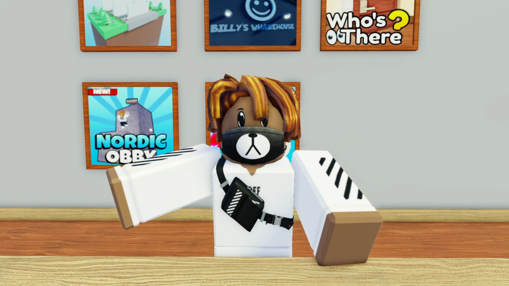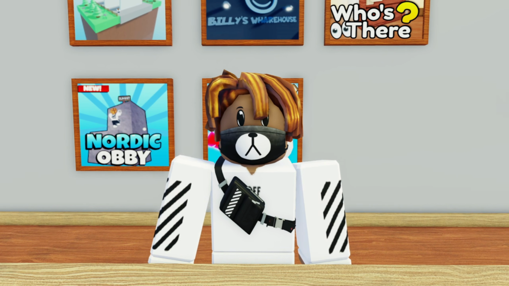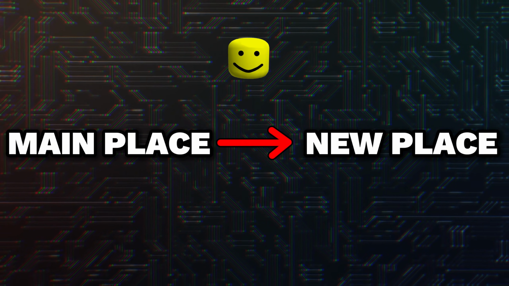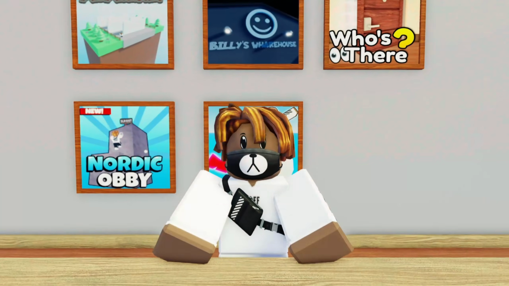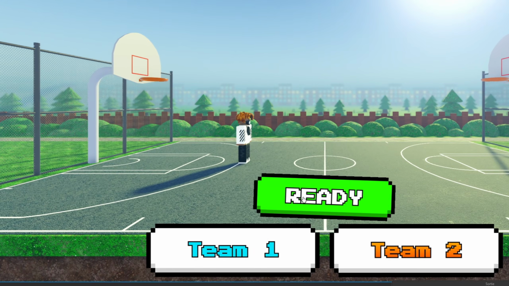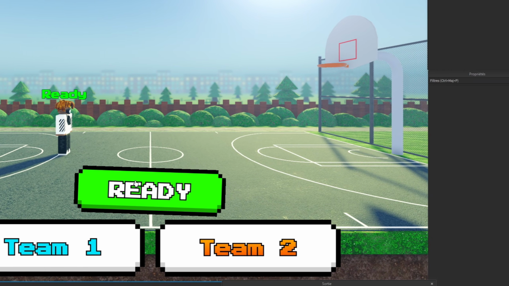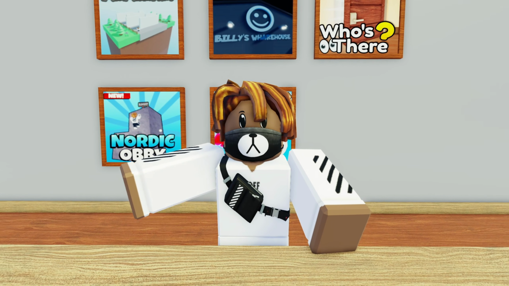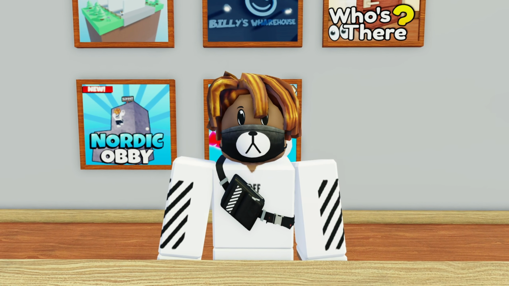Okay, so now that we can create matches, we need somewhere to play. To do this, I made a new place that players are gonna be teleported to whenever they start a game. After they get teleported, they're gonna be able to choose which side they'll play, and when everyone's ready, the match will begin. But hold up, normally this should have taken me less than 1 day to make, but